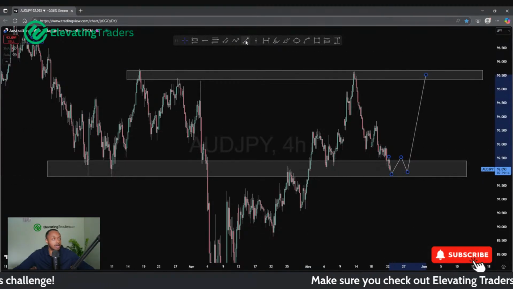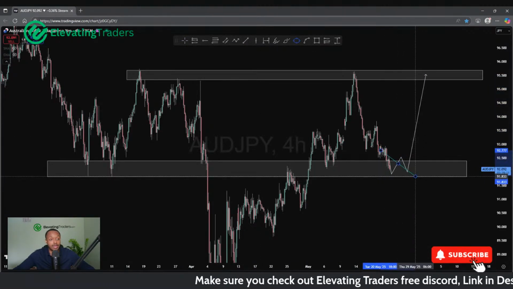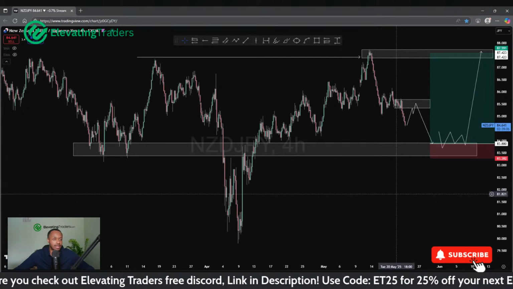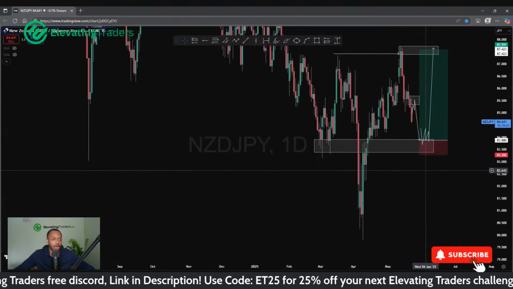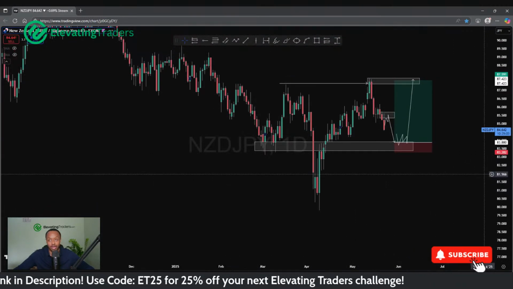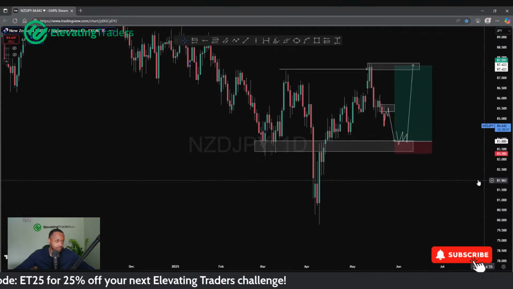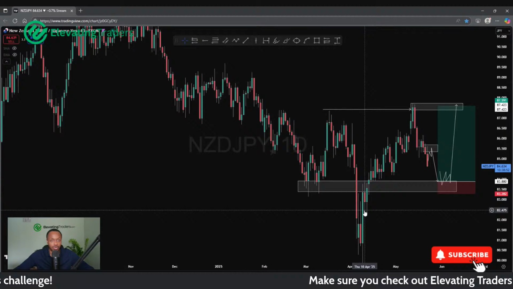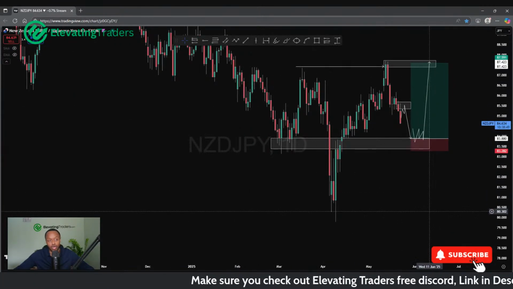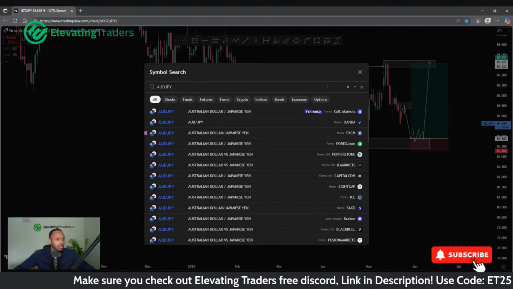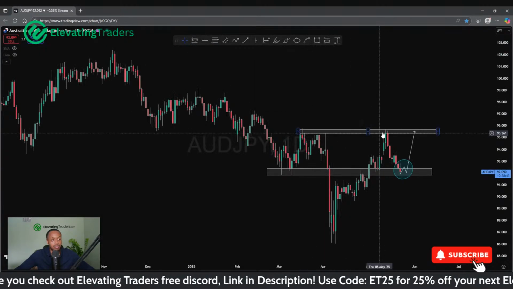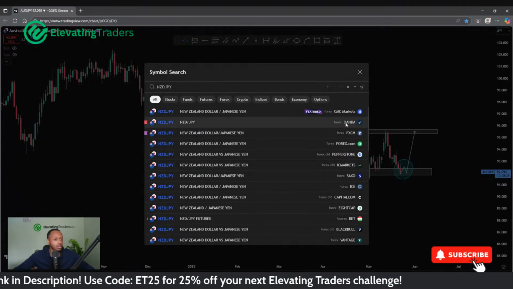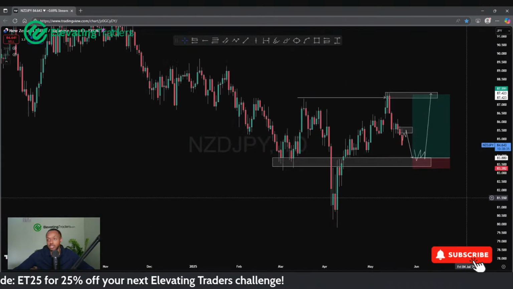But that would be one of the pairs. Well, it is one of the pairs on the watch list. New Zealand yen, same situation, just maybe less likely to form, just because it's a bit further away. But pretty much the same idea. You could probably argue New Zealand yen looks a little bit better than Aussie yen, because we've seen a break of structure there, which indicates that this bearish structure is of no more, and now we're looking to follow this bullish bias, whereas Aussie yen didn't quite do that. So it did retest the level but not break through, so it's not as high quality of a setup as New Zealand yen, but same situation for both of them.